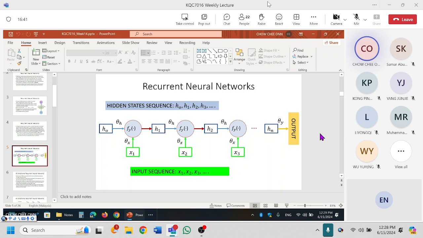From here you can see more clearly what an RNN is. These are what we call the hidden states, H0, H1, H2, H3, until HN. It depends on how many layers are in the network. And the green ones, X1, X2, X3, and so on, are the input. So you can see that at every state,